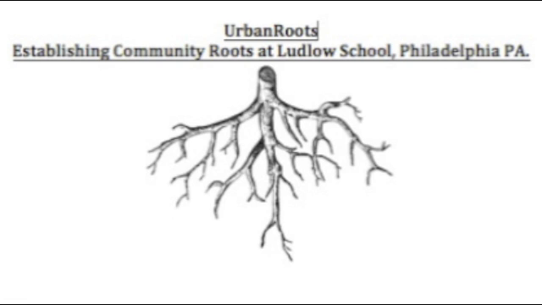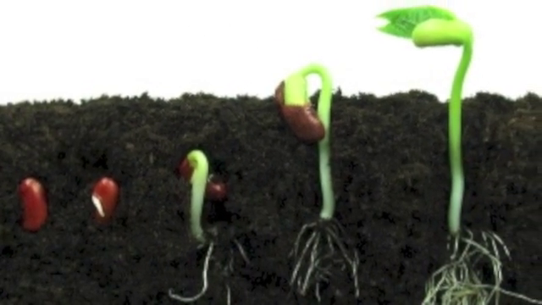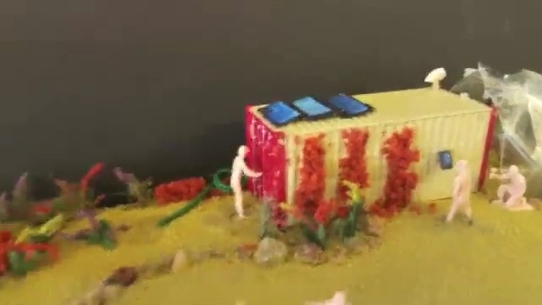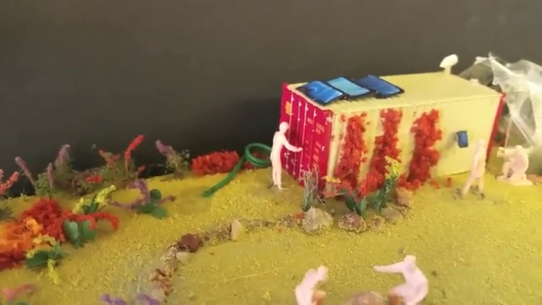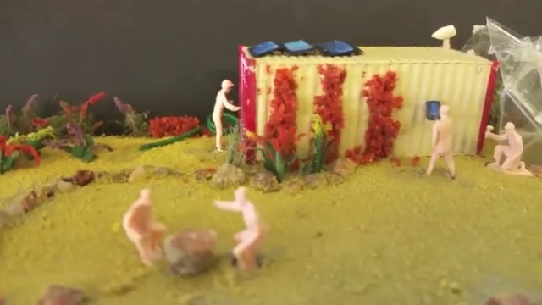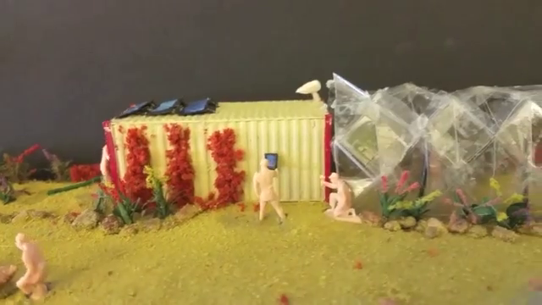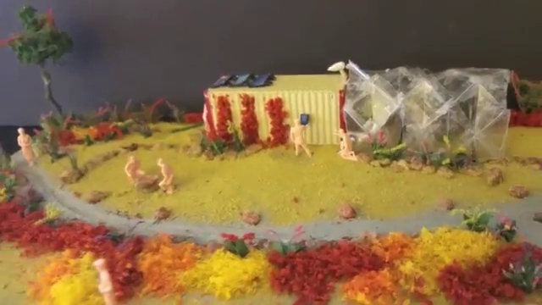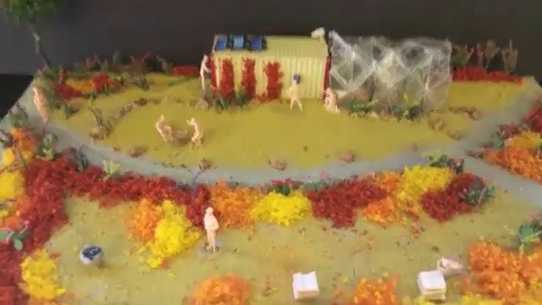I operated with a design framework that is centered on this core idea of introducing to a site a seed that can then grow and facilitate a community over time and through phasing. So just as a seed would be tossed into bare soil, a mobile ecology lab, known as a MEL for short, would arrive at a barren and empty site. The MEL would begin to respond to its environment just as a seed would, and begin to put out roots in response. Using environmental and community data collected on-site, the MEL would begin to grow from the ground up to create a valuable asset tailored directly to the community it's intended to serve, and Urban Roots would begin to take